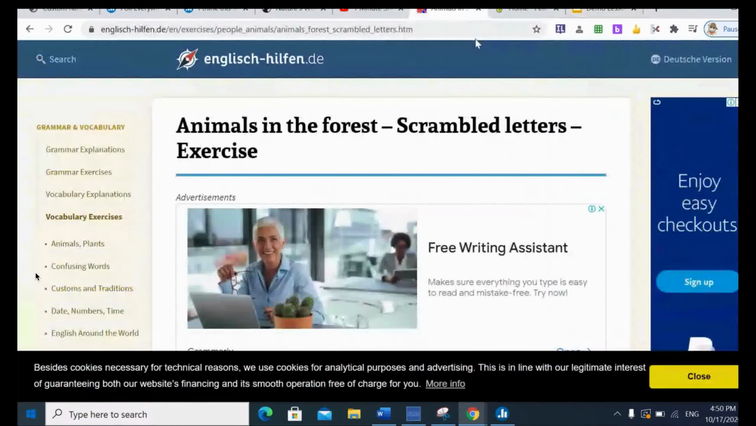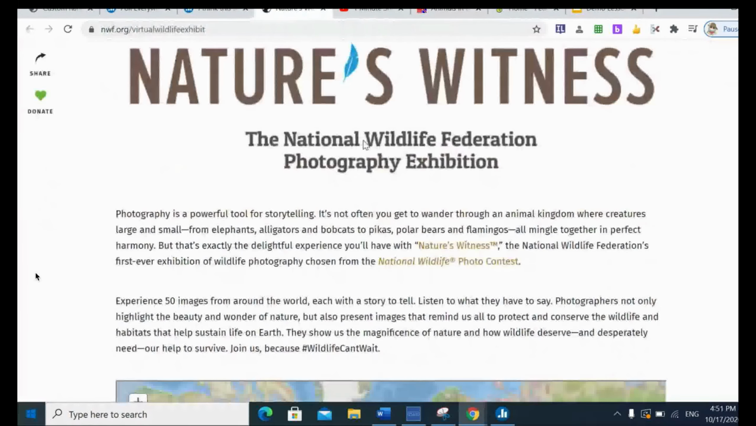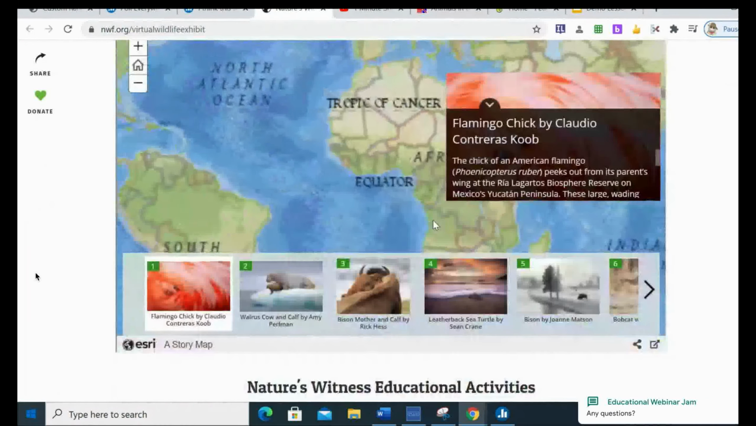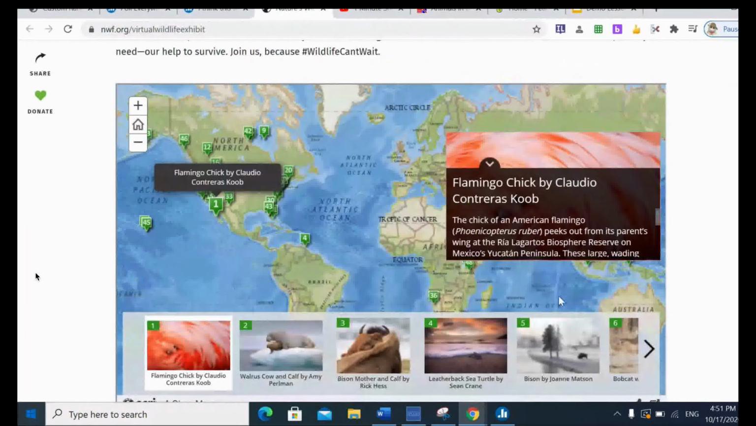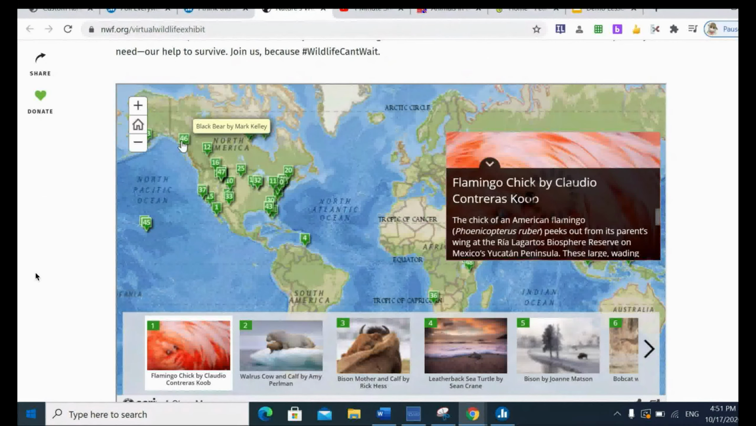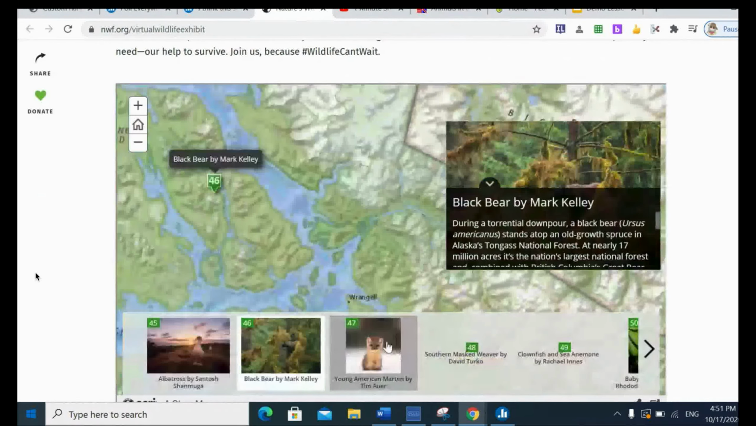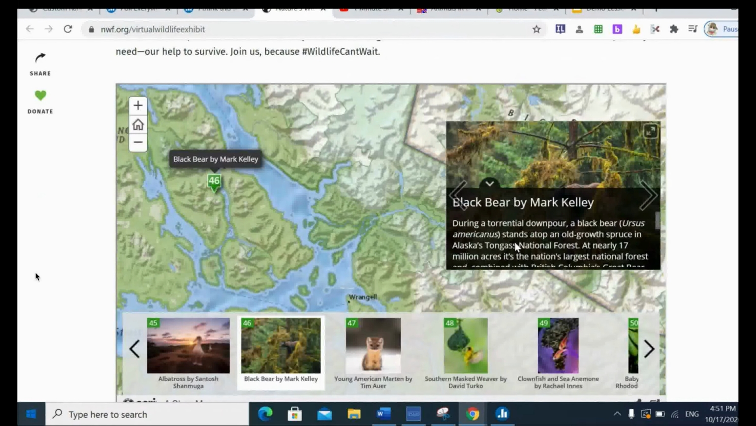And I have this, oh, there you go. I have this website, which is a virtual field trip to a photography exhibition on endangered species. And it has a very nice map, and students can click on different locations and they can take a look at different pictures. See? It's lovely. Okay, and the different places and different names and different conservation statuses of different animals all over